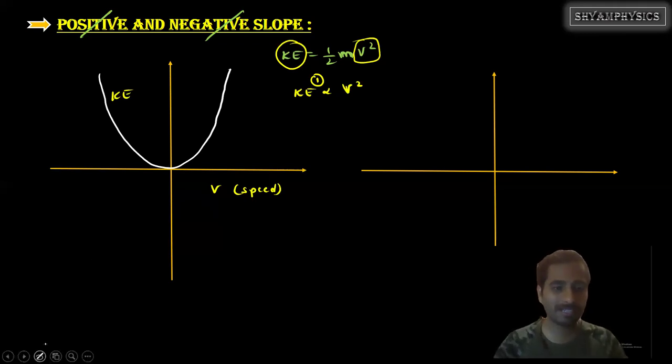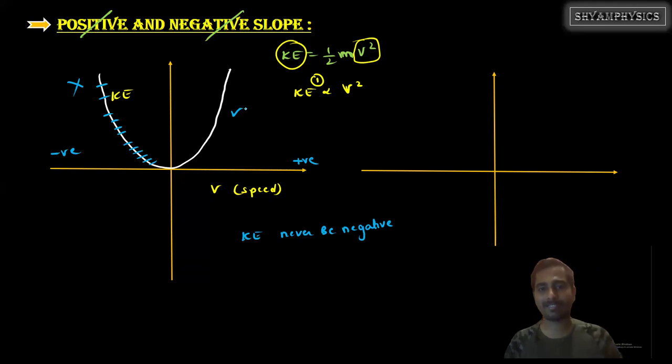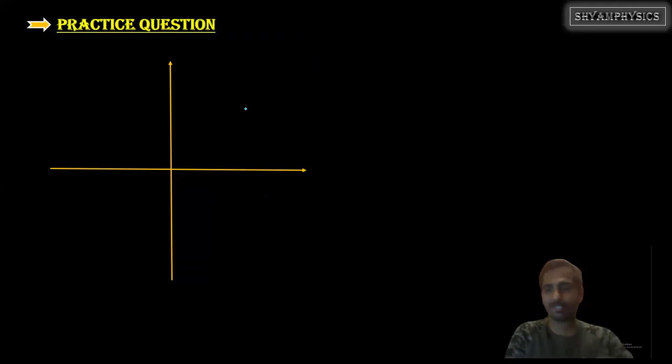But we made one small mistake. Kinetic energy can never be negative. It will never be a negative value. This is the positive x-axis, and this is the negative x-axis. In the negative x-axis, we showed kinetic energy. This part has to be left out. We only need to draw the right-hand side, the positive x-axis. Done? Good. Next,